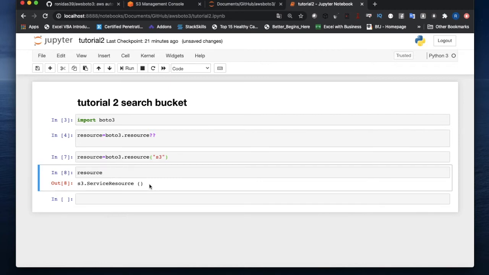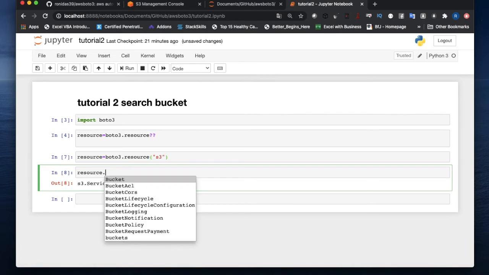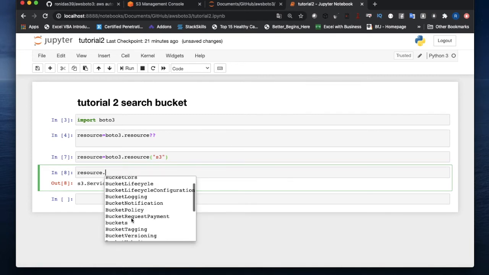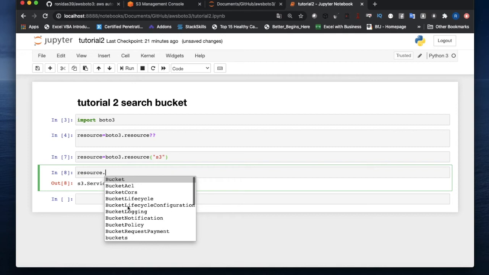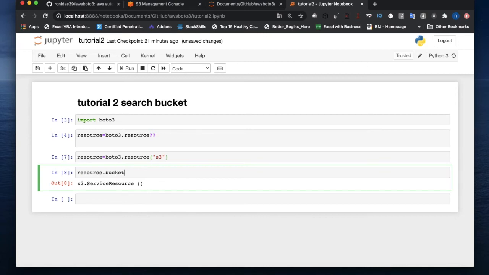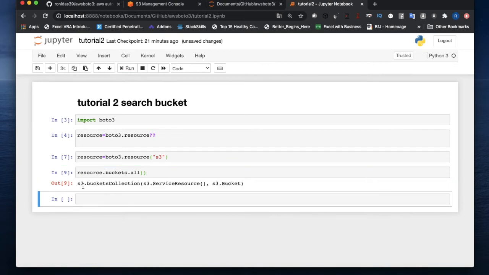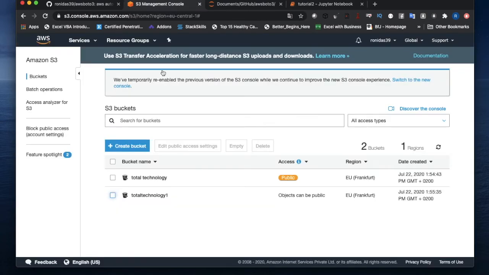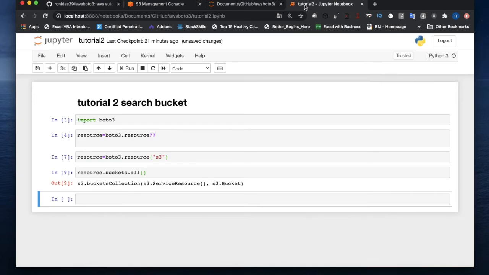Now I can access any attribute. If I just put a dot and after that tab, see, this many methods or attributes I can easily access. I want to know the names of the buckets, and for that it is very easy. buckets.all, if you call this method, you will see it returns one collection. Collection means it is holding these two buckets and some extra information. How to get that information is the next thing.